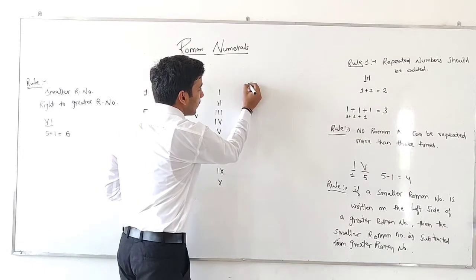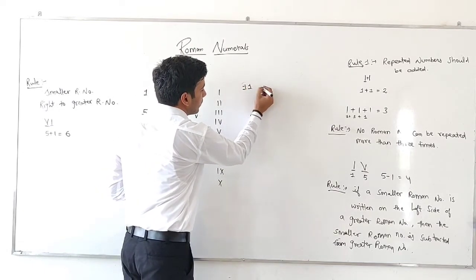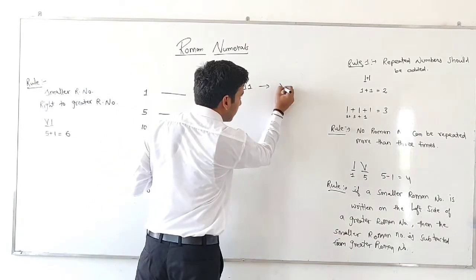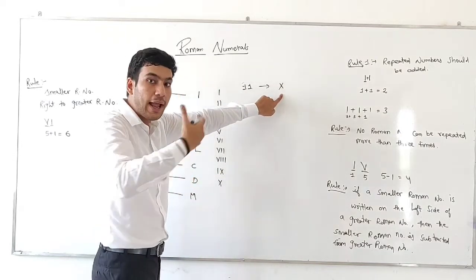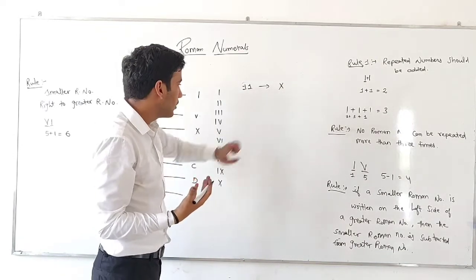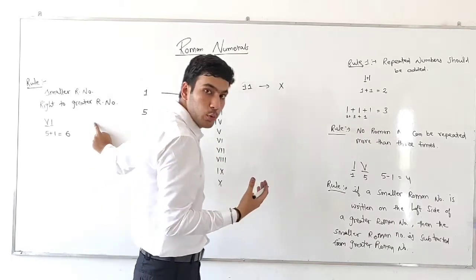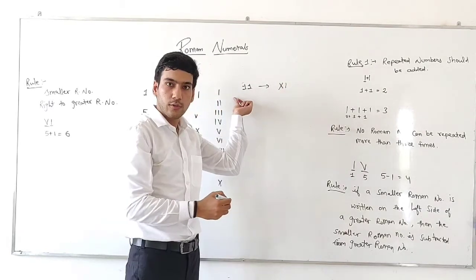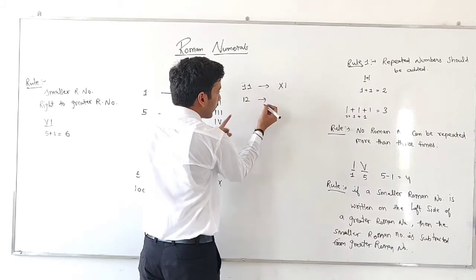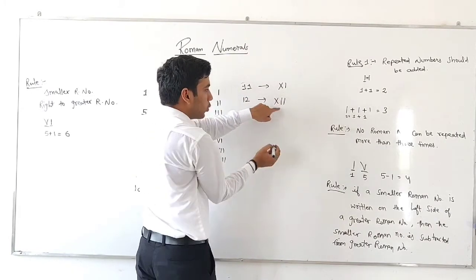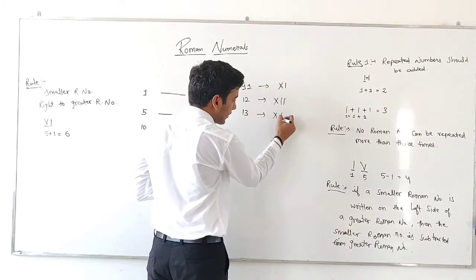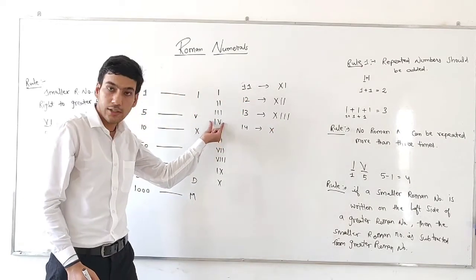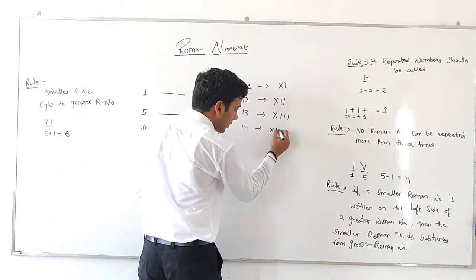So, what is the Roman symbol for 11? As you have learned, Roman symbol for 10 is X, and if you add 1 to this, that makes you 11. So how to add any Roman number? Just put smaller Roman number in right side. So this is the Roman symbol for 11. Next, what is the Roman symbol for 12? X and 2. For 13, X and 3. For 14, X, you have learned now, this is the Roman symbol for 4. So this is your 14.